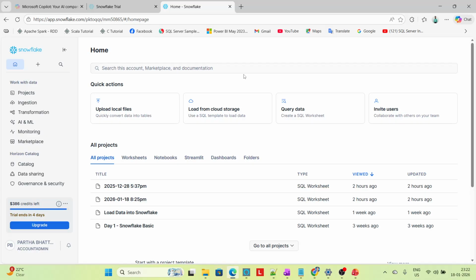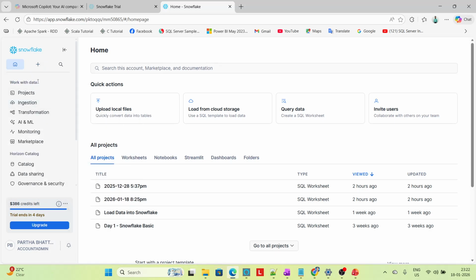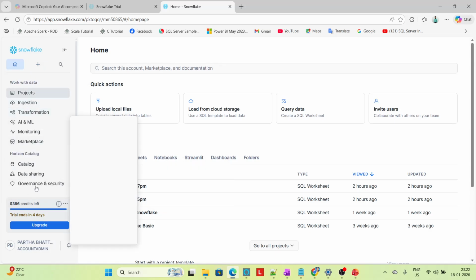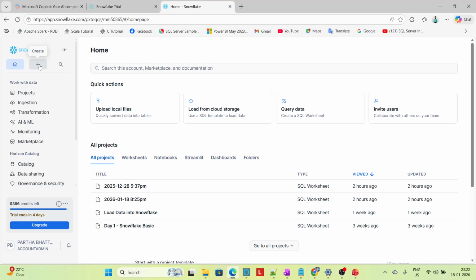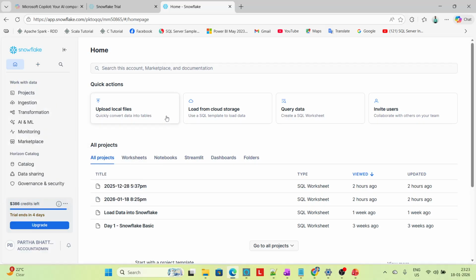So now this is the Snowflake home page. If we run the query, here I will show you, if I click on the plus symbol, there are a lot of things we will explain later. If I click here on the plus symbol, there are options for SQL worksheet, Python worksheet, and other things. If I click SQL worksheet,